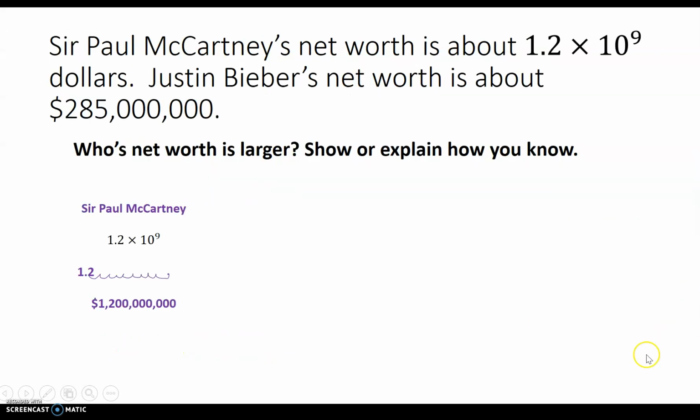So one way that you might choose to go about it is, okay, we see Sir Paul McCartney's number is in scientific notation, and that's still a little bit new to us. It's still a little bit weird. So maybe you would put that in standard form. If you do, you'll see that because it's 10 to the ninth, and maybe just because of your logic with money, we should know that that's going to be a pretty big number. So when we go through it, 1.2 is our first factor. We're going to move the decimal 9 times to make it a big number. So then that should give us